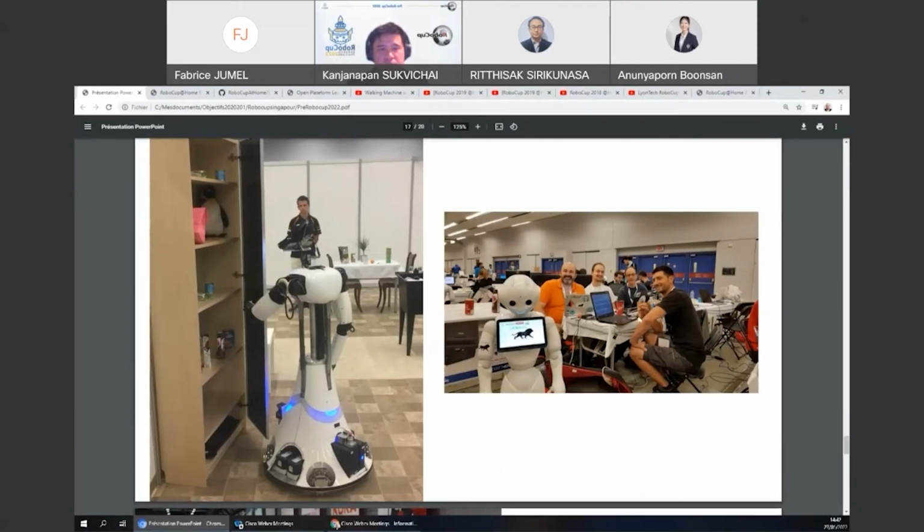We can see here a classical setup around the arena with the team. This photo was my team. We were just 4 in Montreal, but we have teams with something like 12 or 15 people involved during a competition, which is classical. And here you see another very iconic robot, and how it is able to manipulate the door of the shelf, and next it will be able to manipulate different